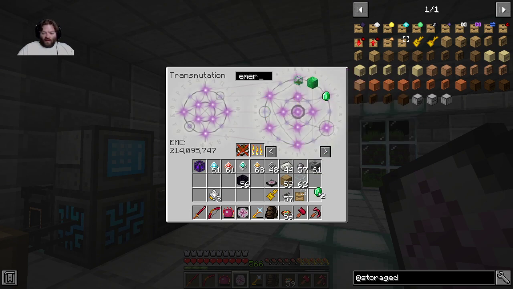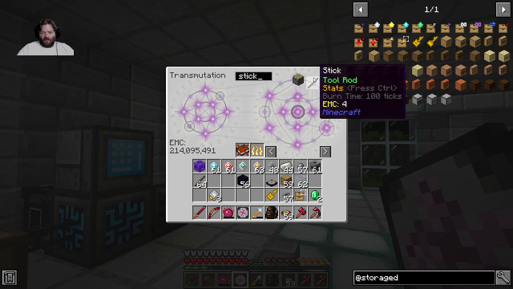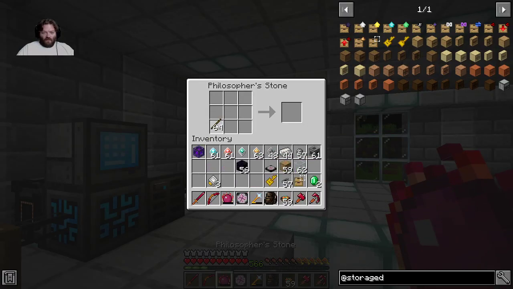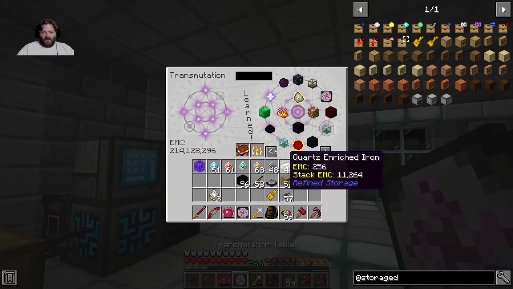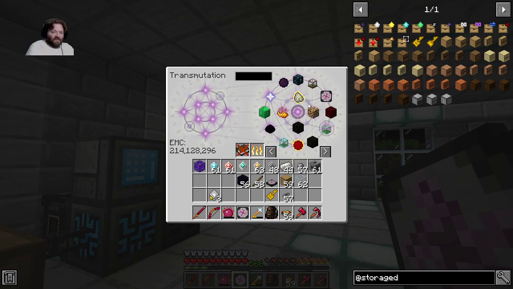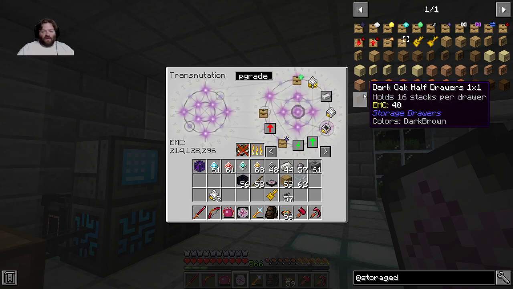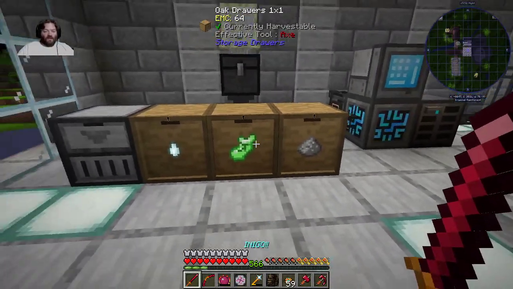Emeraldo. And elastic. Boom, boom, boom, boom, boom. Oh, there we go. And then we'll teach it to the network. And then, is it not called that? It's actually called like upgrade tier 5 or something stupid. Okay, so this